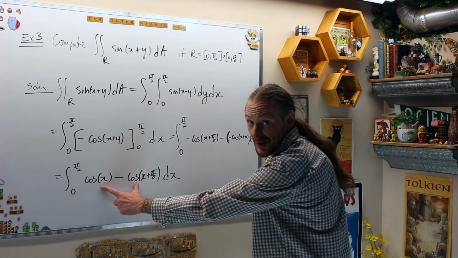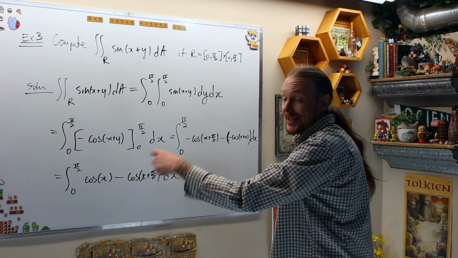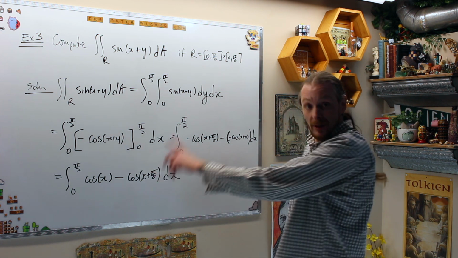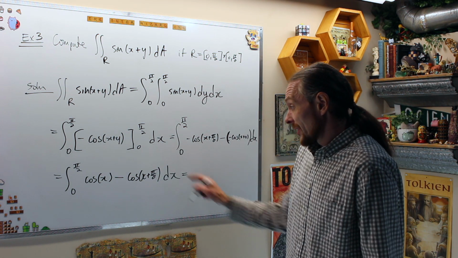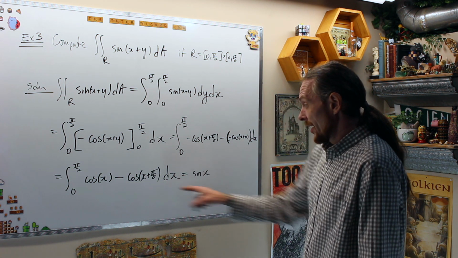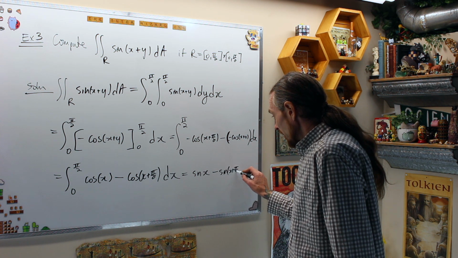This is our a of x function again that they were talking about in the general theory in the previous video. And now we're going to integrate that guy with respect to x. Once we put all the y's in there, they're gone. We have a function of just x now. Integrate this. What do I get? Now I'm going to get the integral of cos is sine x. And this one is minus sine of x plus pi over 2